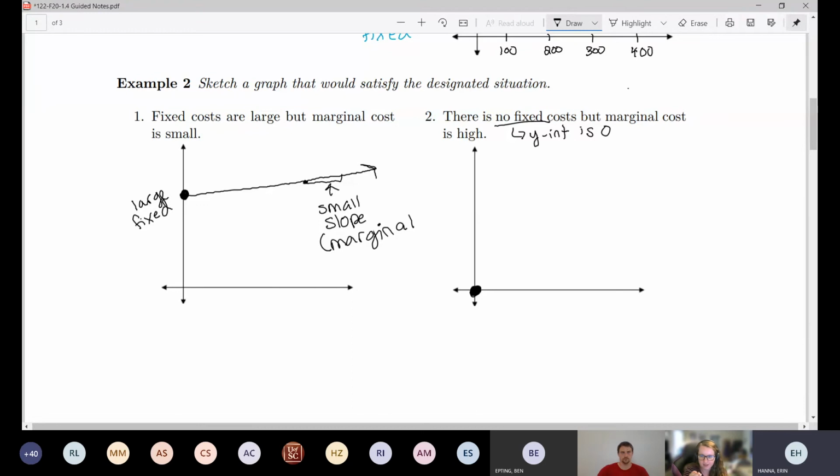Anyway, semantics. Hopefully it makes sense that no fixed cost implies it's 0. But then the high marginal cost means my slope is large, which means I have a pretty steep line. So we have a really steep slope, which was, again,